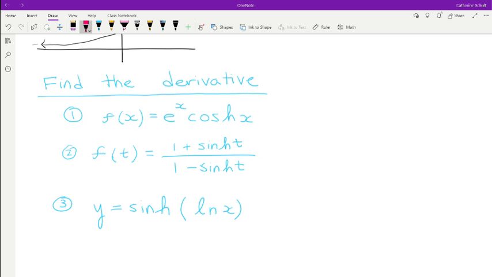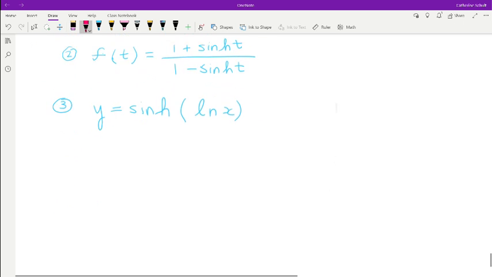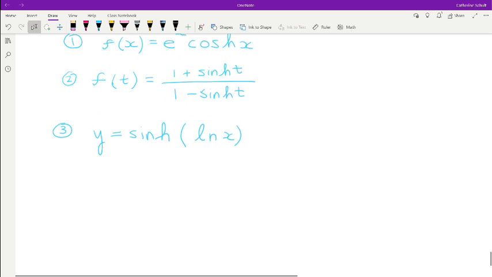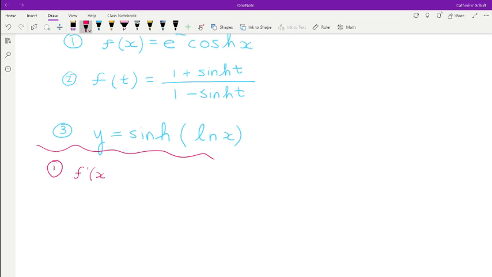So I'll show you guys both ways just so you can get a flavor of what's going on and if you guys want to use it. So here's your solutions. So this first one, if we wanted to take the derivative, it's a product. So one way we could do it is we could use the product rule. Okay, so we could do